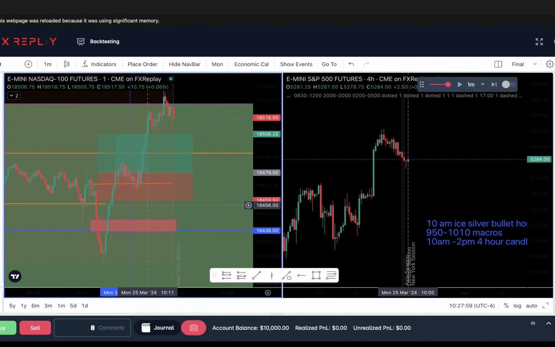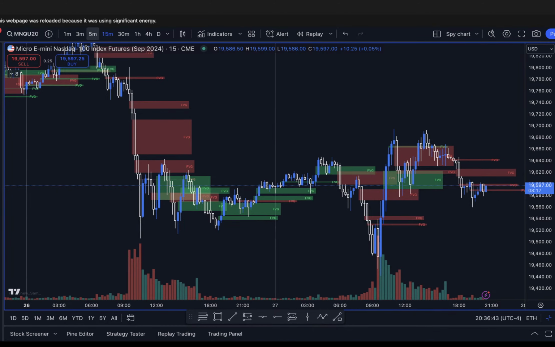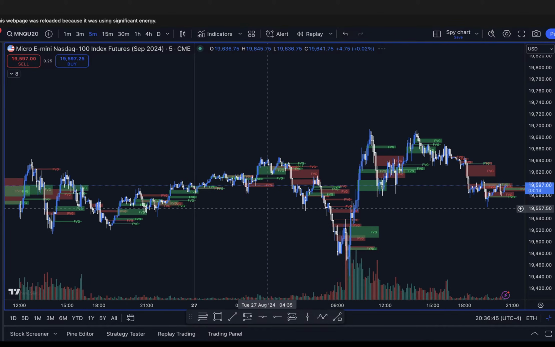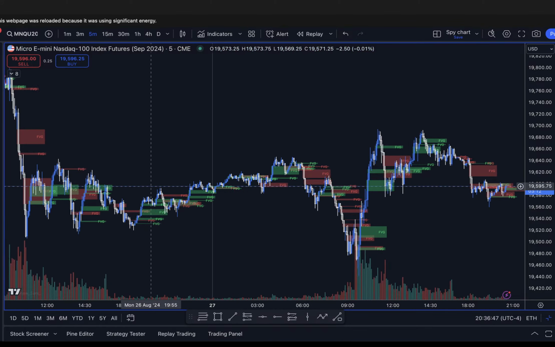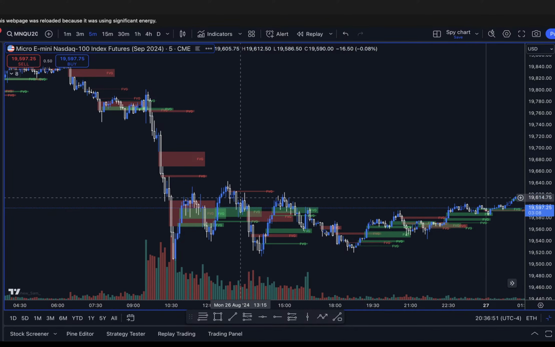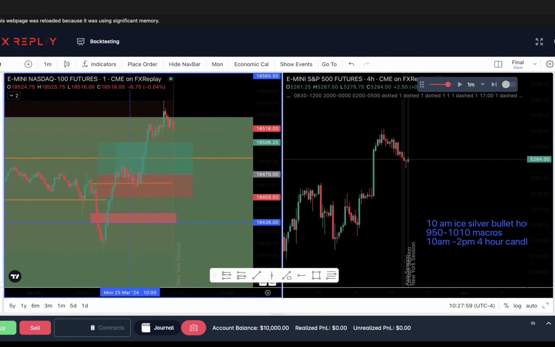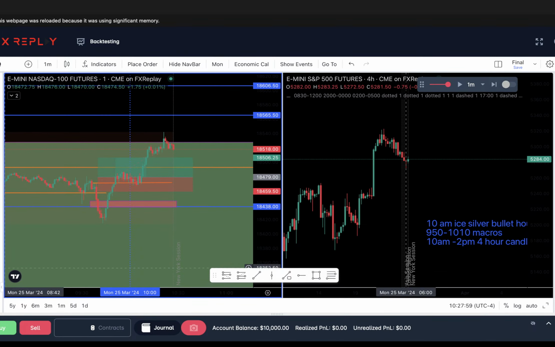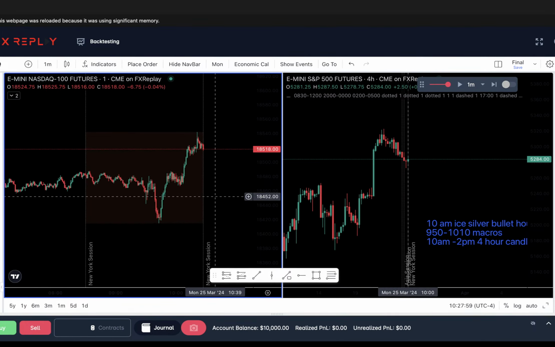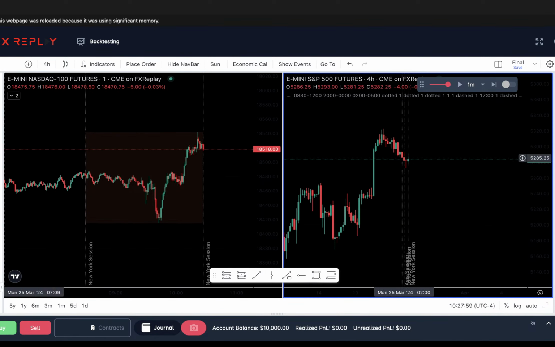Like at 10 a.m., if you lose, like when I lost that day, I still waited for a 5-minute inverted fair value gap and I got it. So you're going to lose following your rules versus losing because of a fake out. Versus at 9:30, you could lose because of a fake out. You got in a good entry, had a good stop loss, all the things, and you still can get faked out. That's why I trade at 10 a.m. now and not 9 o'clock. But again, it lines up with all those strategies.